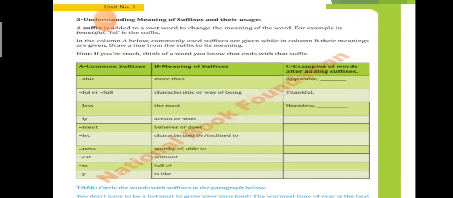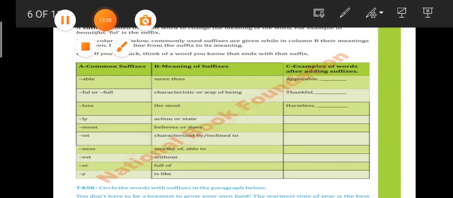So here I have told you in your classes as well that when we add letters in the end of any word, it forms a suffix, right? So if there is a word beauty and we add ful, F-U-L, with it, it forms a new word, beautiful. So that is a suffix. So with the same word you have to add a few letters, and that addition is called a suffix.